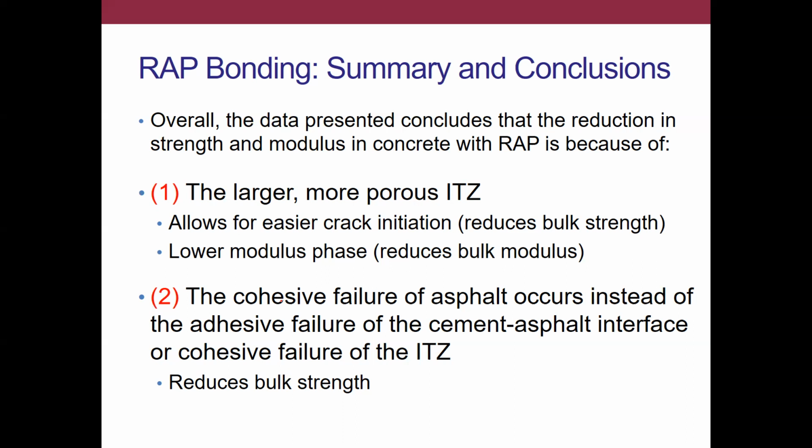The other reason for our reductions in properties is the cohesive failure of the asphalt, right? So again, even though we can improve the properties of the ITZ, right? The silica fume can improve it slightly, maybe changing the water-cement ratio. It doesn't matter even if we dramatically improve the ITZ, it would still indicate that our material will always fail through cohesive failure of the asphalt, right? And that's probably one of our primary reasons why we see these differences in mechanical properties.